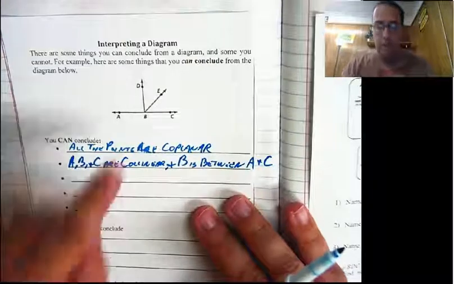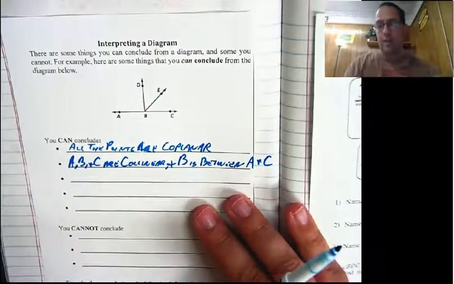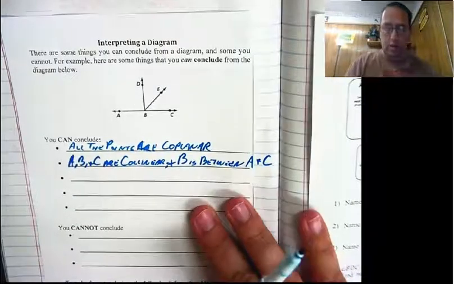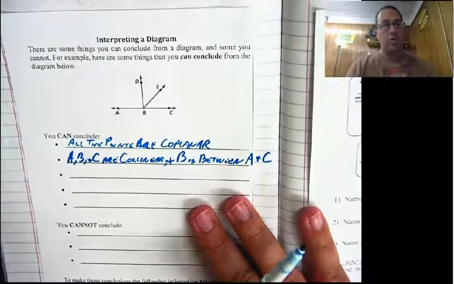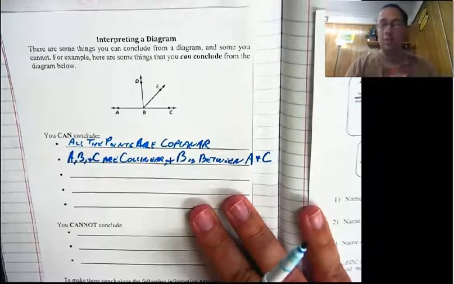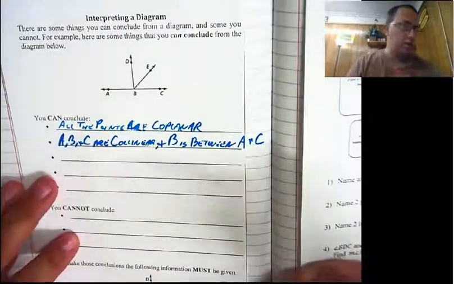Can we assume that D, E, and C are collinear? No, there's not a line connecting them, so we cannot assume that. But we do have a line here, and that's another thing that you can assume. Lines that appear to be straight are straight. Okay? Next thing we can assume